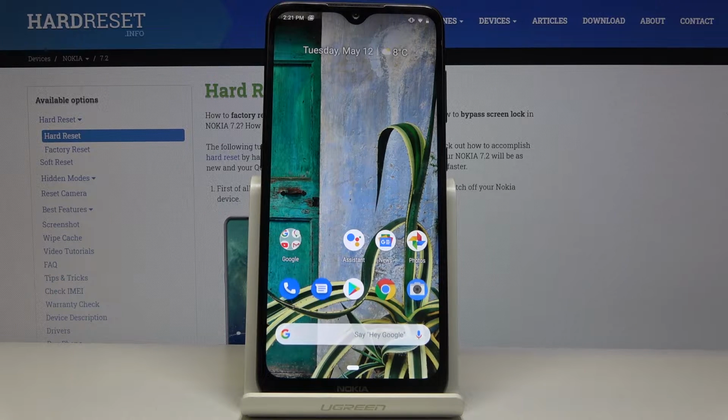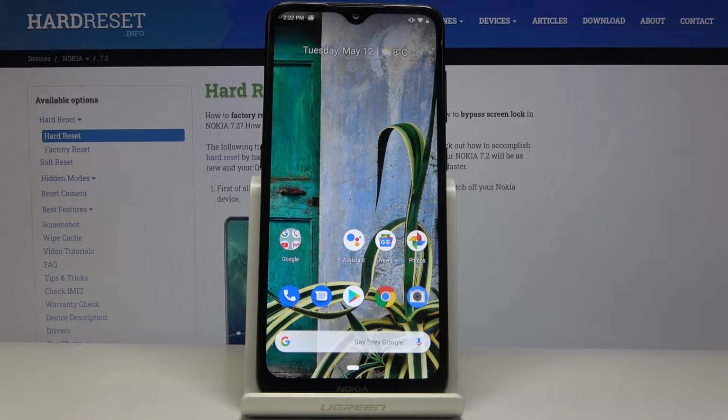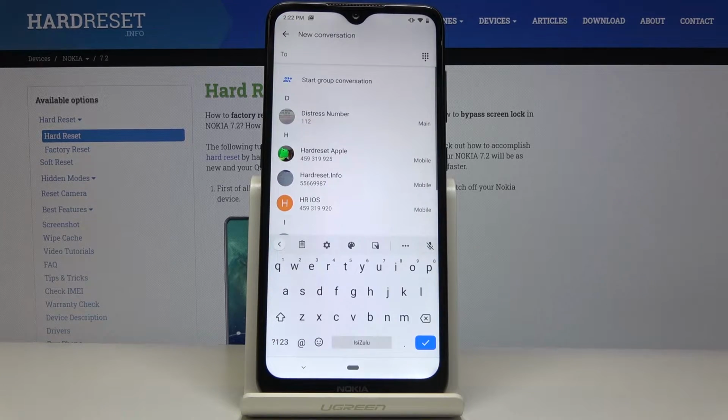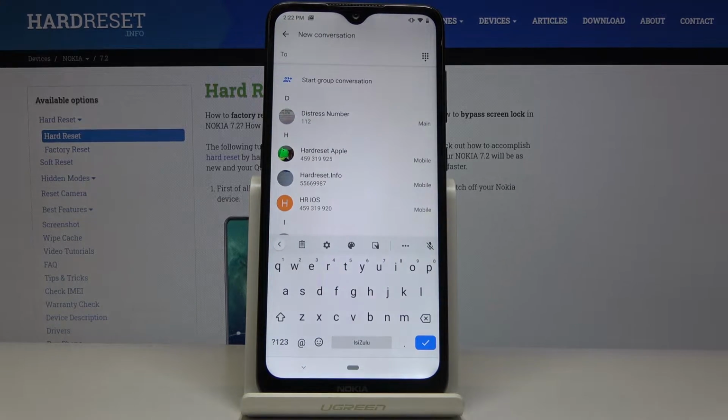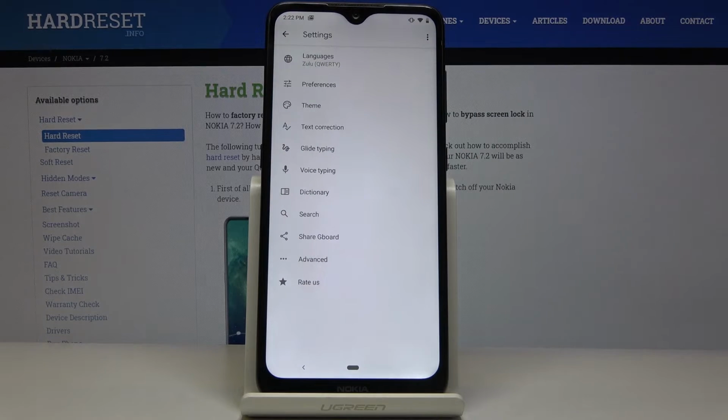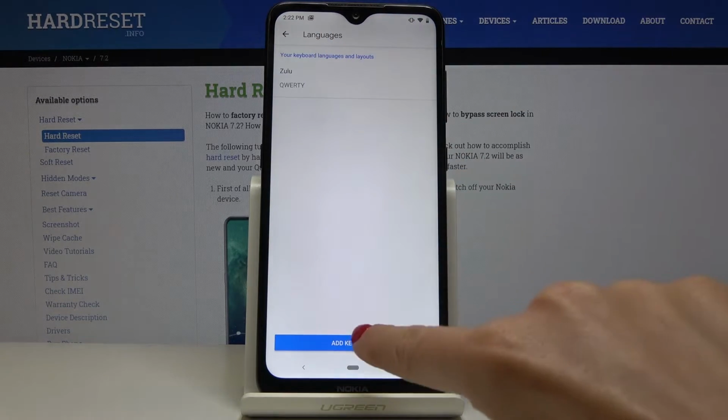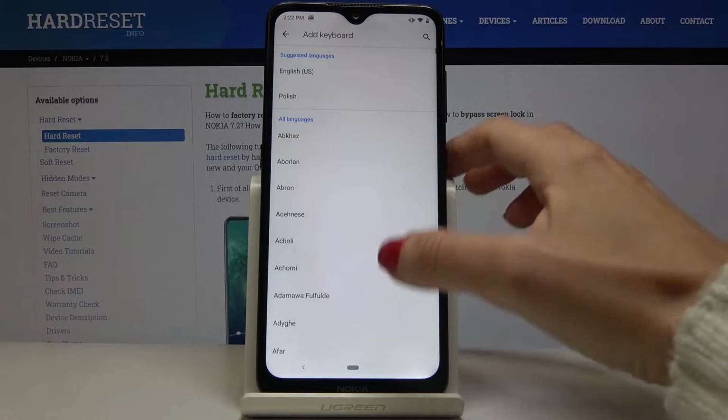Here I've got NOKIA 7.2 and let me show you how to change keyboard dictionary on the following device. So at first you have to open the messages, and as you can see right now we are set up with English. To change it, just tap on the settings icon, select languages, tap on add keyboard, and here you've